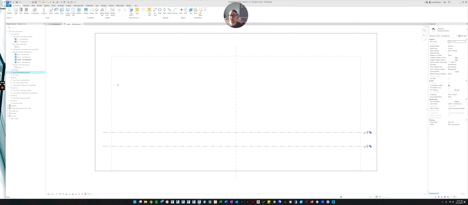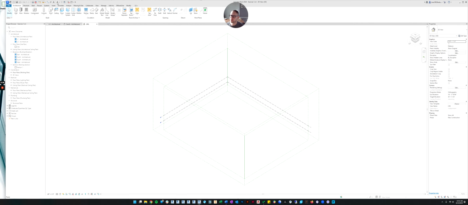So in order to create a default 3D view, if you go up here to the top of the bar, there's a little house. And if you click on the house, it will automatically pull you into a 3D view. And it now creates a new 3D view right here. So do you see this? How it says 3D? And now we're in the 3D view. So now we've got a floor plan, an elevation, and a 3D view.